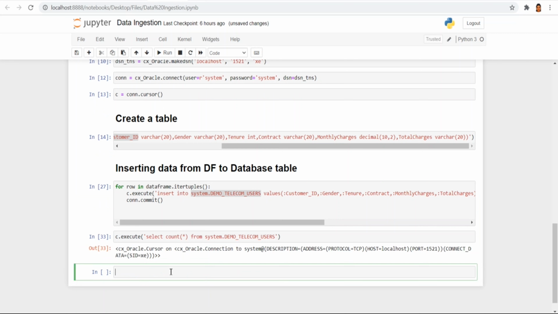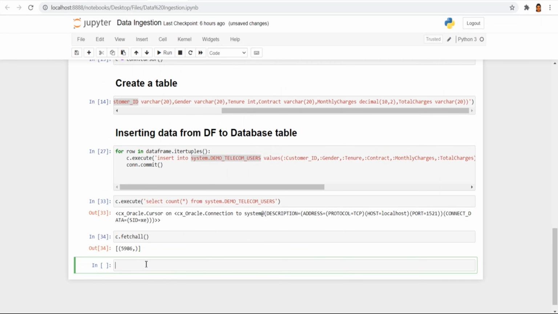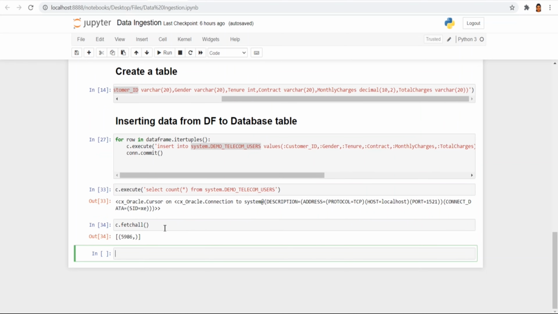If you want to see the result, then you need to use the fetchall function. So just write c.fetchall, and if we run, you can see it has a total of 5986 rows. So using c.execute we can run any DDL or DML command, and if you want to see the result you just use c.fetchall.